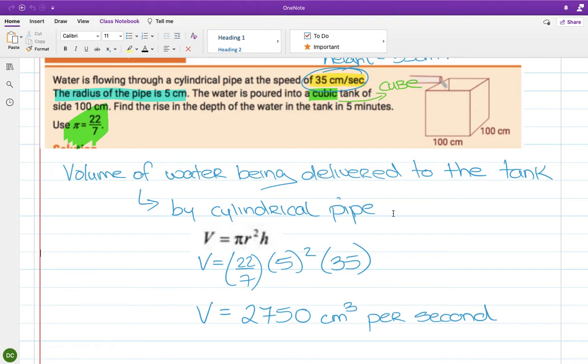So we need to figure out, find the rise in the depth of the water in the tank in 5 minutes. Okay, so if that's how much is going in a second, how much